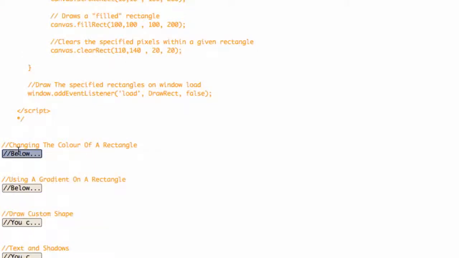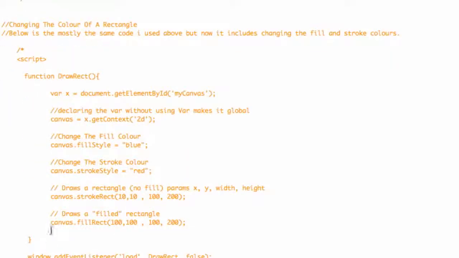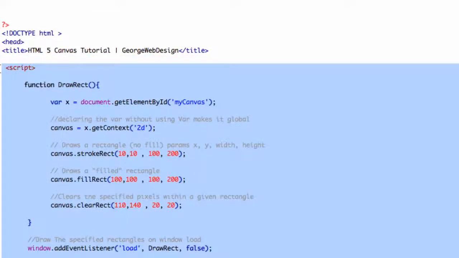So this one is changing the colour of a rectangle. So here it's the same function. What I'll do is I'll put it in the page so you can see the colour. Right, so here it's the same. It's all the same, but this time we're doing the fill style of blue and the stroke style of red. So then what you're going to see is when I load this,